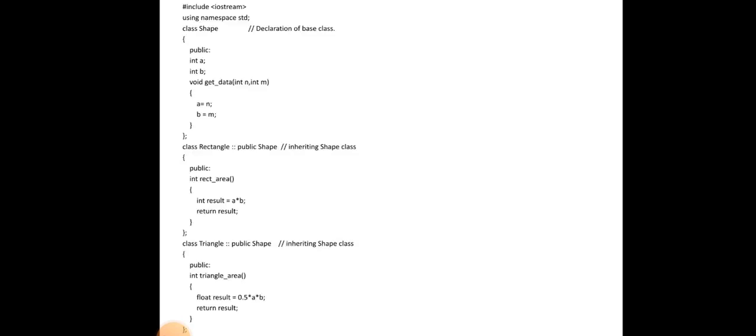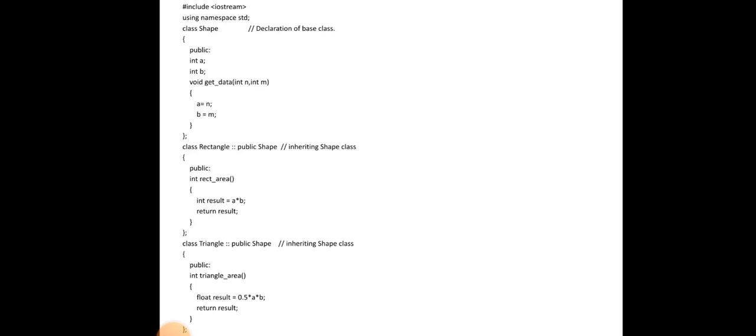Class shape is the base class, and class rectangle and triangle are two different derived classes which derive public data from the base class shape. So, this mode of accessing data from one base class to two different derived classes is called